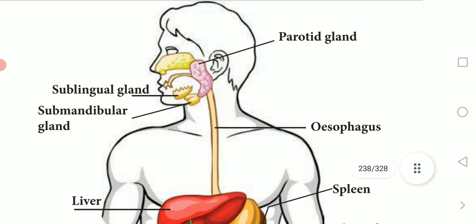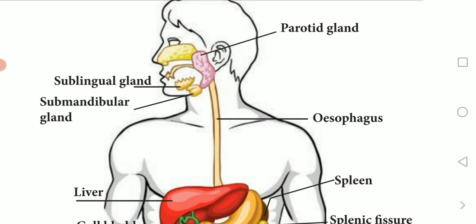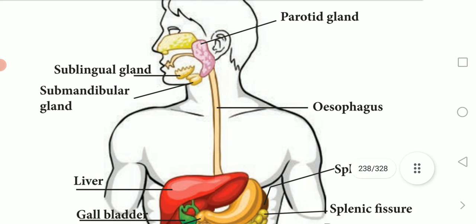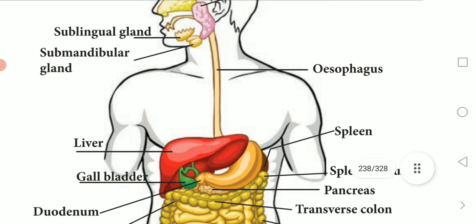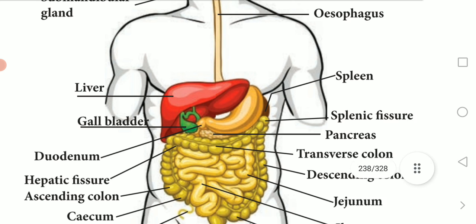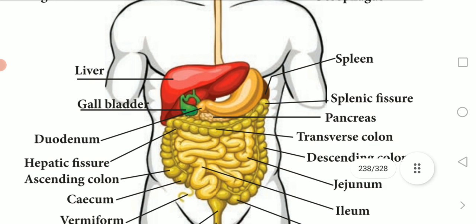What do they secrete? Saliva. The first pair is the parotid, the second is the sublingual, and the third is the submandibular. These three are present in our mouth as salivary glands. Then the esophagus. Then the food will come to the stomach. Then the parts present among the digestive organs are the liver, spleen,